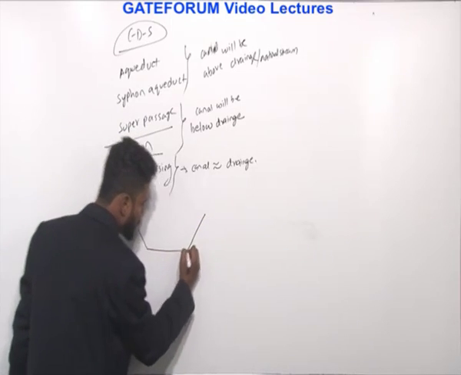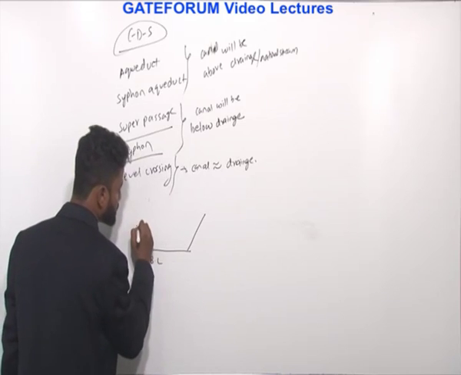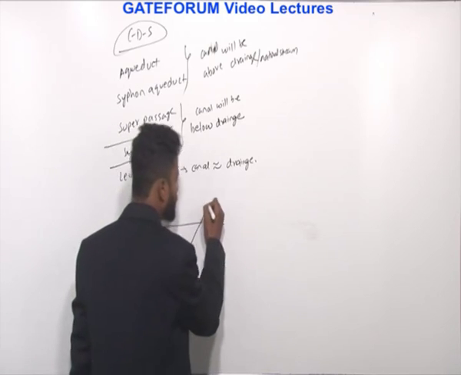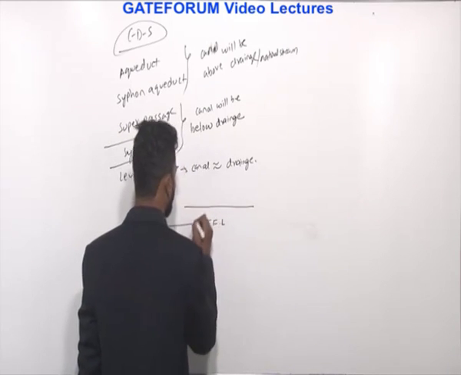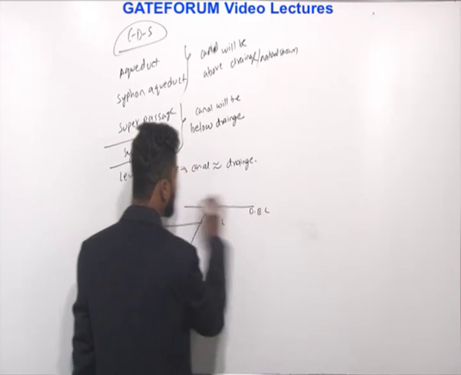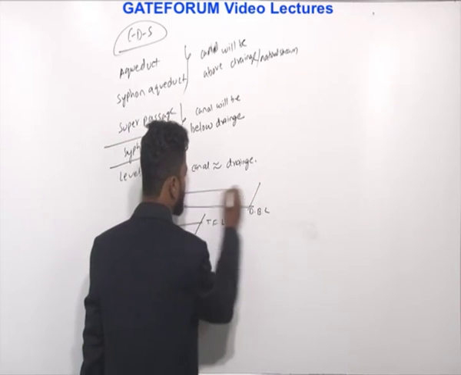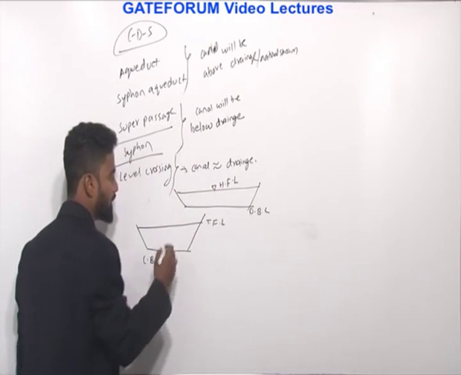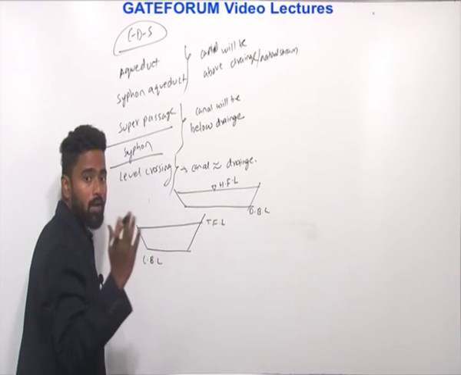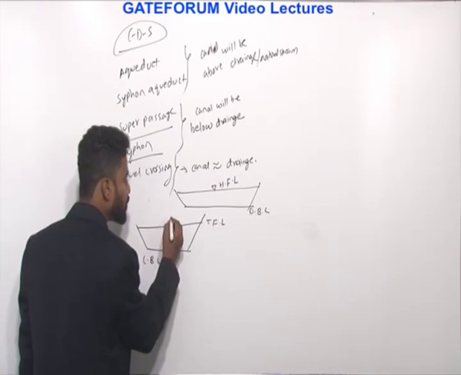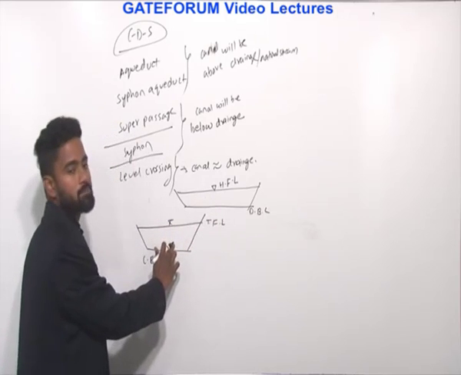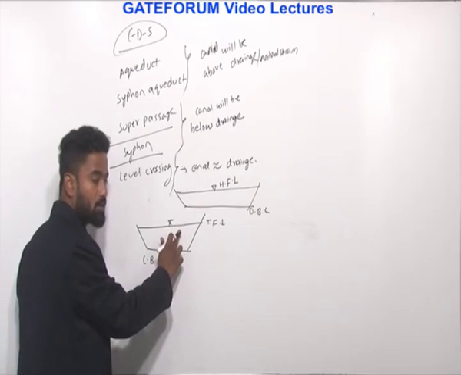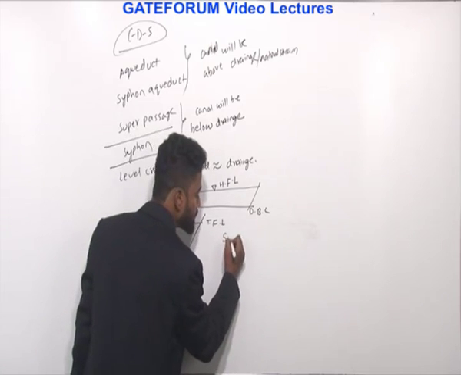If you take this as canal, this is canal bed level, total flood level, and if you take this as drainage, this is drainage bed level, this is high flood level, drainage bed level. And what he is saying, the path of an irrigation channel is below. That means the total flood level is below drainage bed level. If total flood level is below the drainage bed level, then it is super